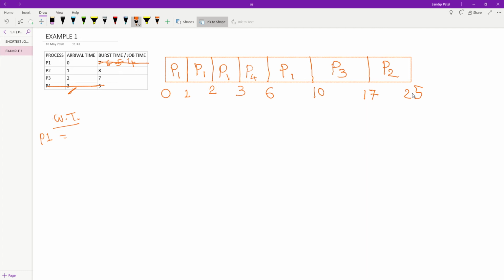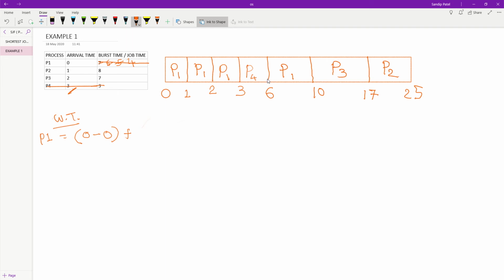So look here carefully. The first response generated for process P1 is at 0 milliseconds, and it arrives at 0 milliseconds. So this is the time duration it has to sit in the ready queue waiting for its turn. Here it is 0 milliseconds, right? Next, process P1 continues in the CPU up to 3 milliseconds. At 3 milliseconds it is swapped out, comes out, and enters the ready queue.